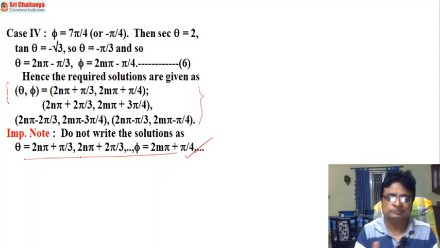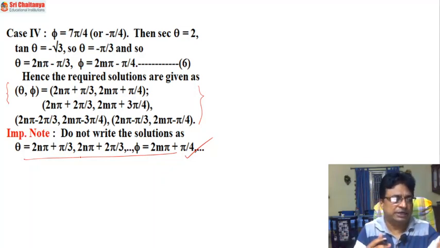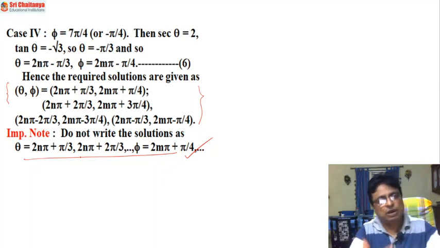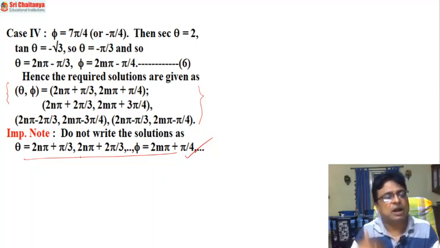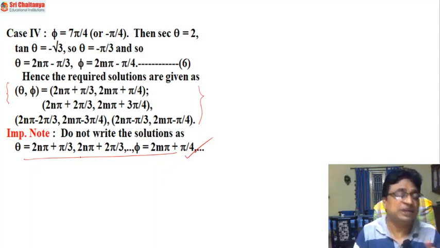So what is the method? You eliminate one variable from the equations and find the values of the next variable in the closed interval [0, 2π], and take them one by one. Suppose you got 4 values, you will get 4 cases. Suppose you got 6 values, you will get 6 cases, it depends. So you solve all the cases, and based upon the quadrant, you write the general solutions. But since 2 variables are given, while writing the general solution also, you have to represent 2 different integers.